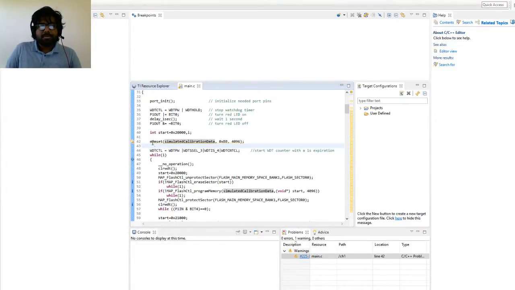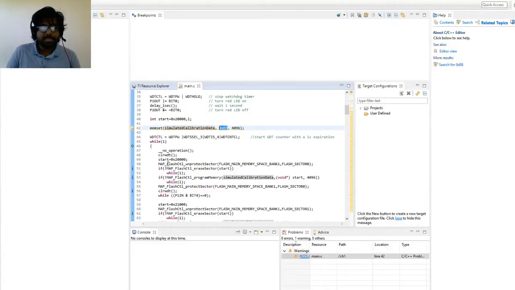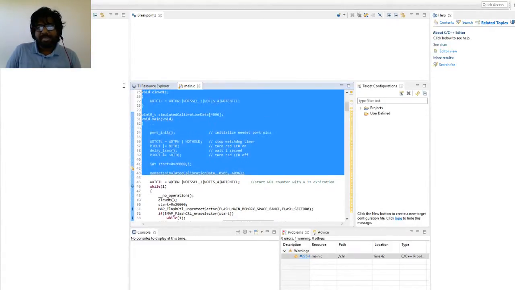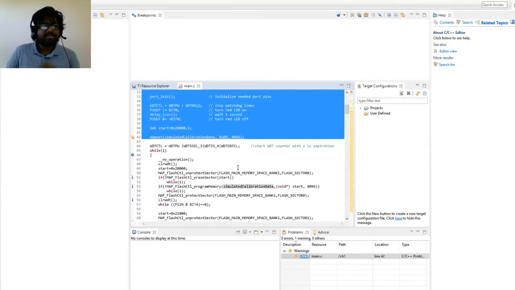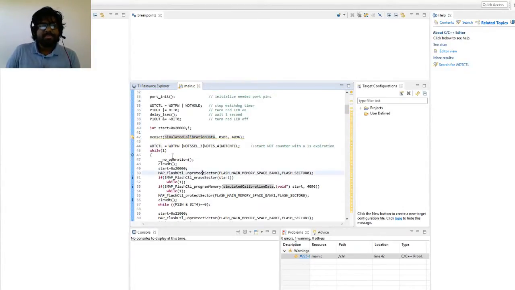So we set the buffer with 4096 iterations of some random 8-bit hexadecimal value. After that is done, we have finally finished all our initializations and we can safely switch on our watchdog timer now with this command. There we are asserting the password again and WDT select 3. 3 selects the clock, which is 32 kilohertz.